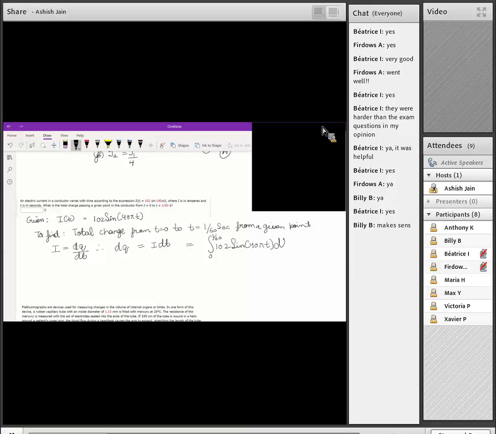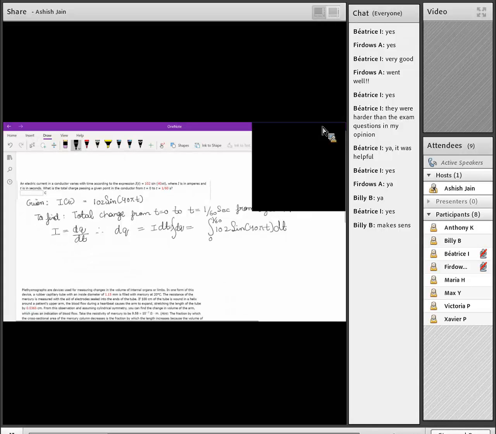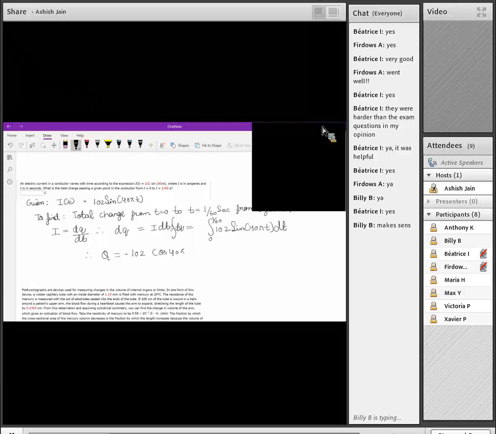Now substituting the values, I get this. So total charge flowing this moment will be given as